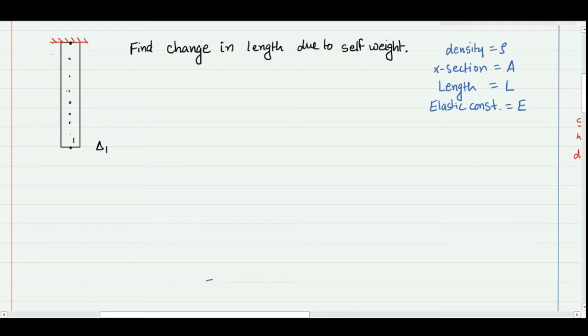In addition to that, the top point is going to experience higher forces because it is going to hold the weight of the bar. Let's take this as my point 1, this as my point 2, and this as my point 3. So point 3 is going to experience the maximum loading, and point 1 is going to experience zero loading, and in between these two the force will vary.